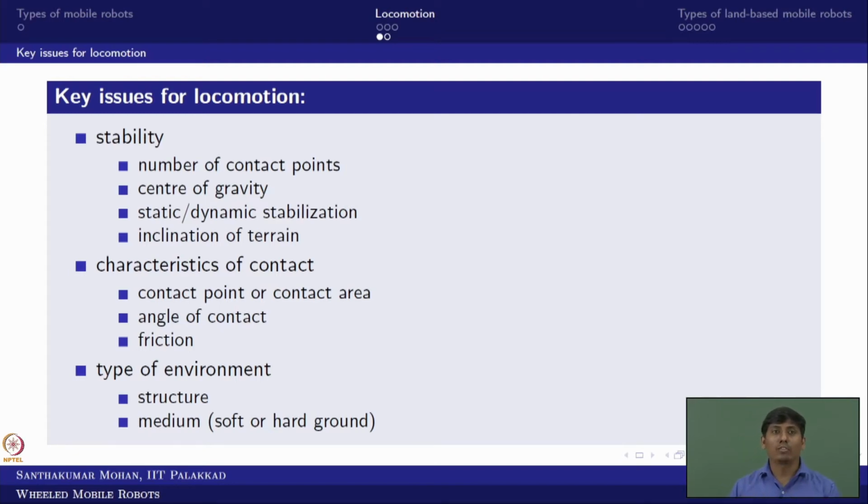These two come into play where you have a surface contact: how many contacts there are, and the nature of the contact. So the number of contact points is very important. Take a very simple example, static stability. Static stability can be achieved with at least 3 points. For example, take a stool with 3 legs. Even if you bend or cut one of the legs, probably a small portion, the stool would still be statically stable. Why? Because even if it bends, it would still be staying.